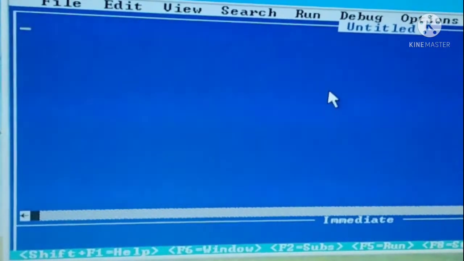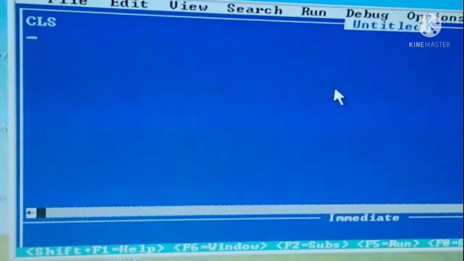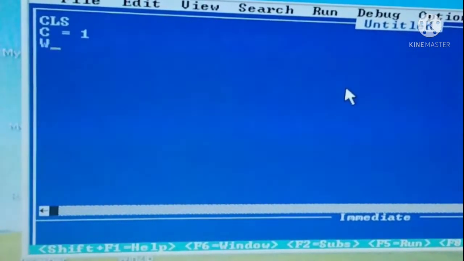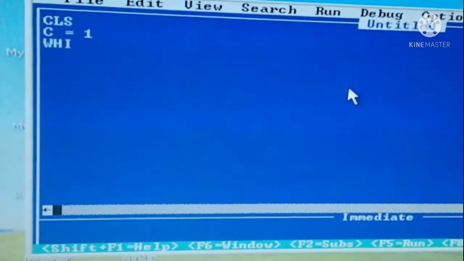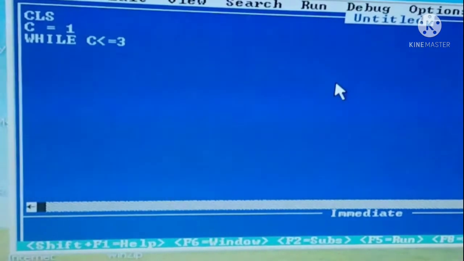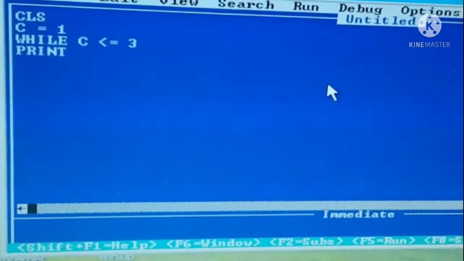So we will run it in the QBasic. Okay. So we will write the program. So C equals 1. Then while C is less than equal to 3, I'll print computer.